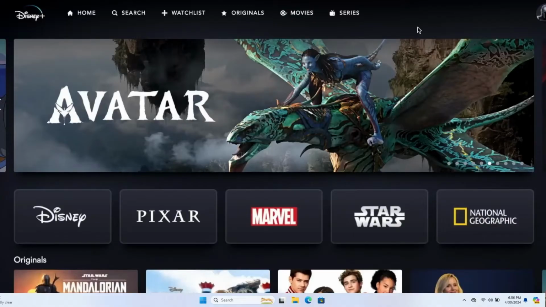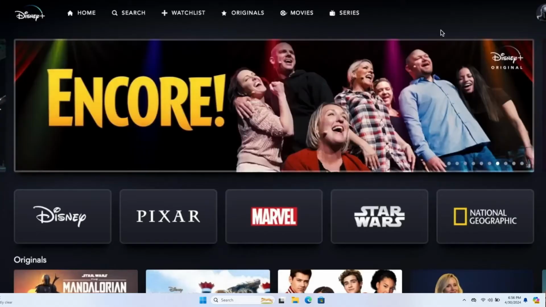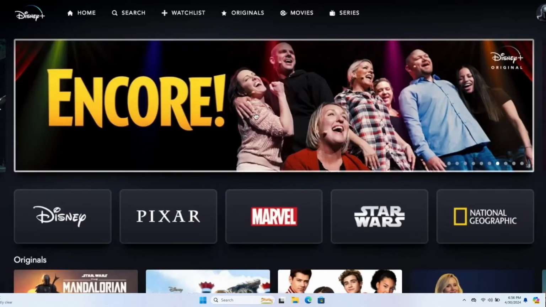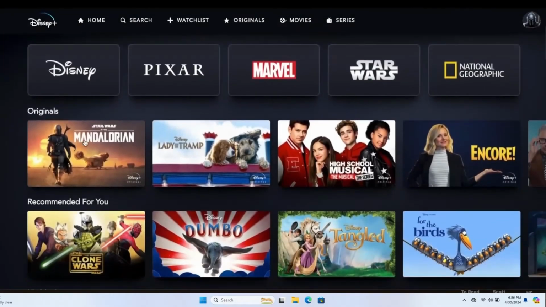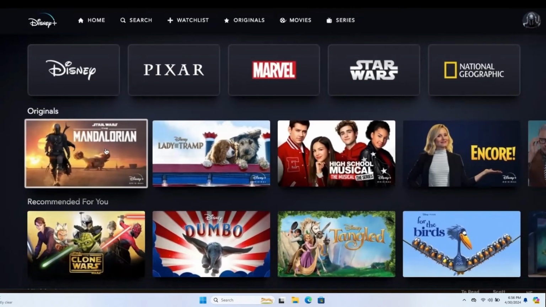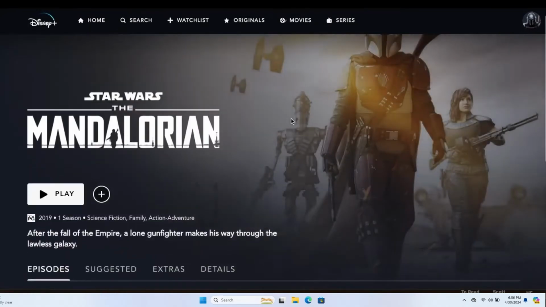Now if you haven't logged into your account already, proceed with entering your email address and your password. And once you are logged in, just choose your profile. After logging into your profile, you can browse through the various different shows that are available within Disney Plus. Now just choose any series or show that you wish to watch, and once you click on it, you will